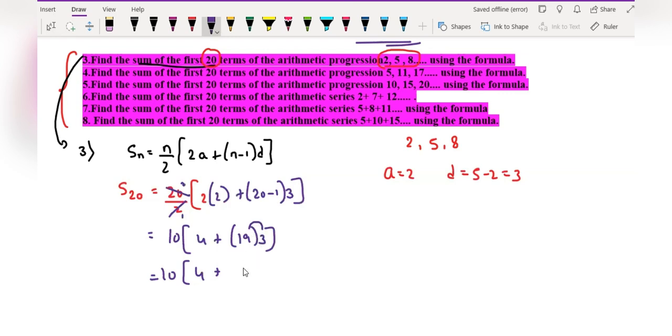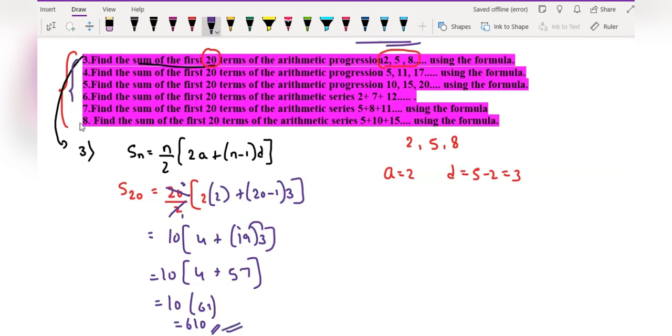3 nines are 27. 3 ones are 3, 4, 57. So 10 times 61 will give 610. That means when we add 20 terms, the total we get is 610, and all these 6 columns